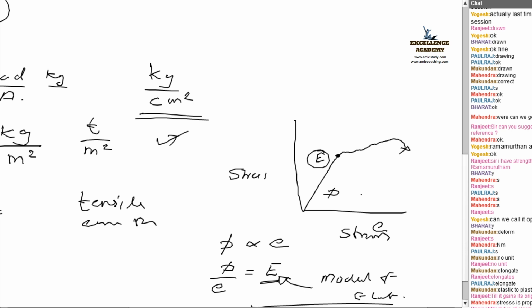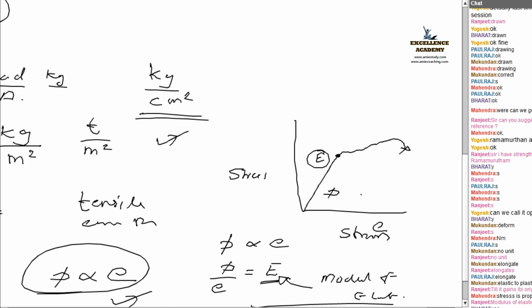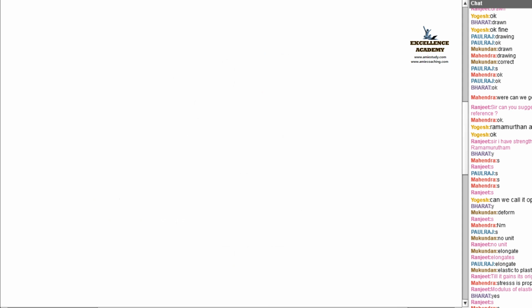So this is called Hooke's law. Within the elastic limit, the stress is proportional to strain. That is called Hooke's law. Is Hooke's law clear to all? Okay, fine. Next is